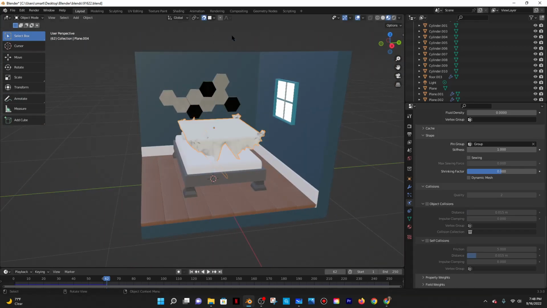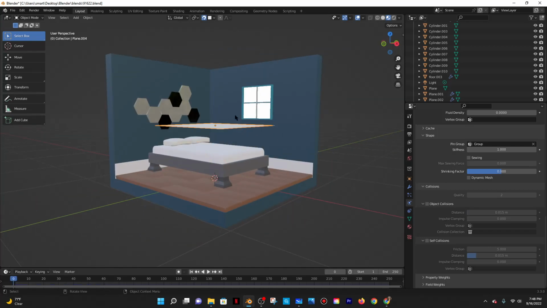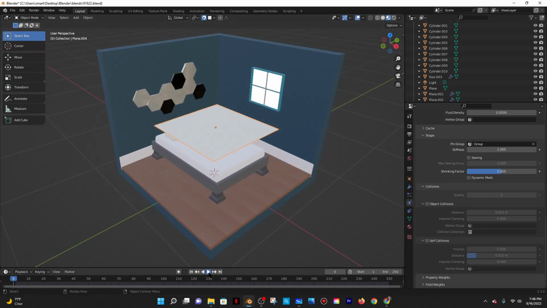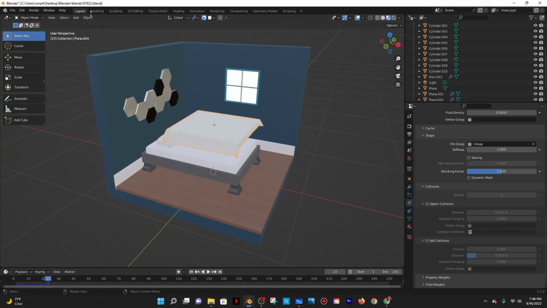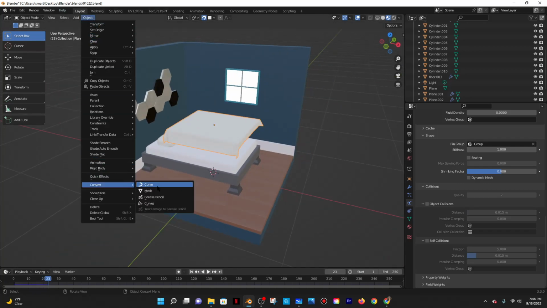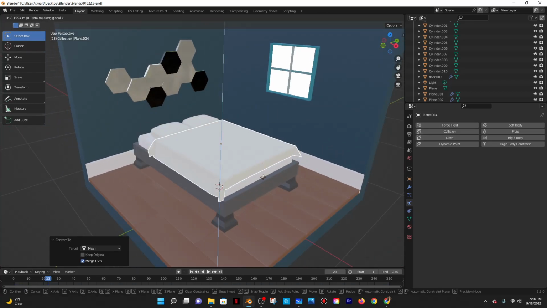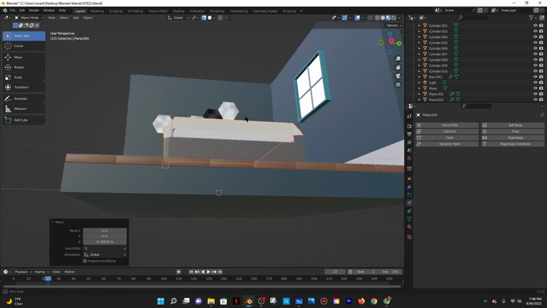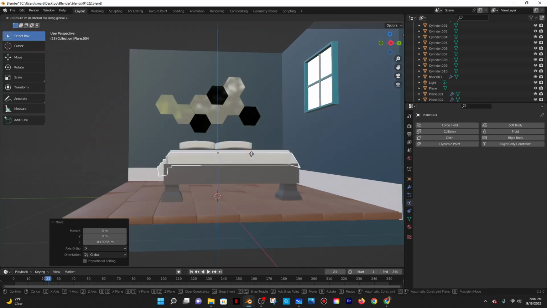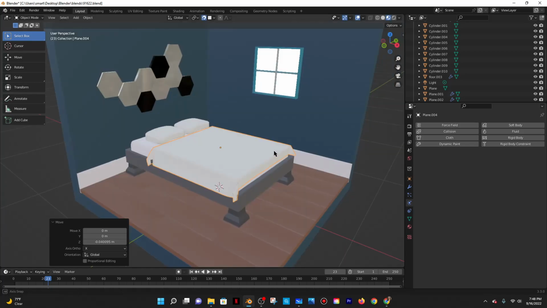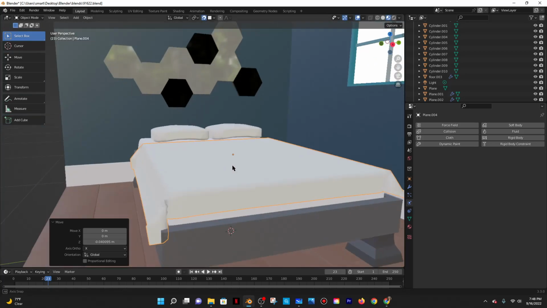G Z. Nope, okay. What in the world did I just do? Oh, I have to convert it. Okay, so at this point, let me just do object, convert to mesh. So now it's a mesh, and now I can just do G and then Z to bring it down, right? So it's kind of like taking the shape of the thingy. And then I could just